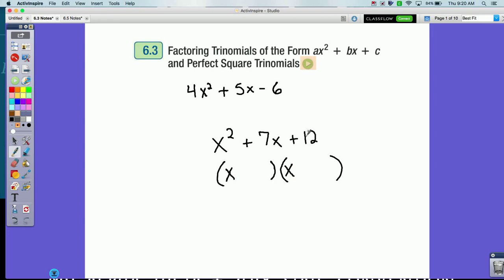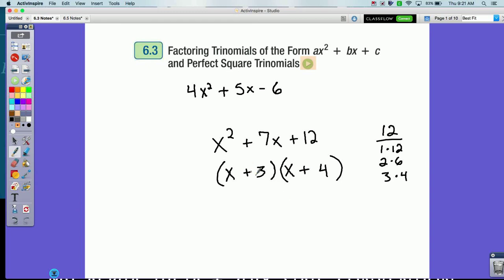And then I need to figure out, hey, what multiplies to give me 12? Which there's three options here. 1 times 12, 2 times 6, or 3 times 4. And then out of those factors of 12, what combination of those are going to add or subtract to give me the middle number? Okay, and it turns out this one is only 3 and 4, so I know I'd have to do 3 and 4, and they both need to be positive,